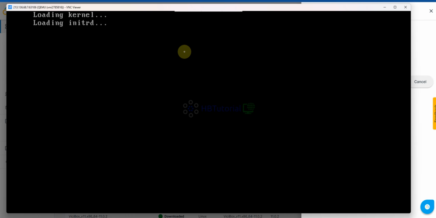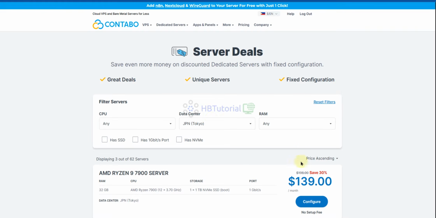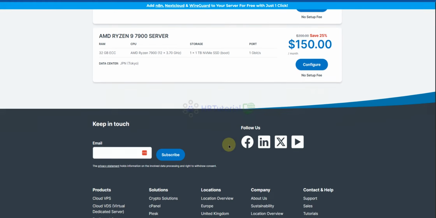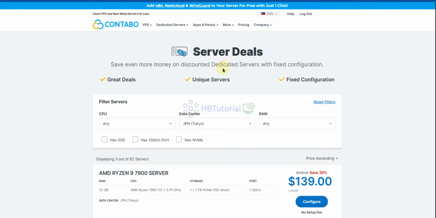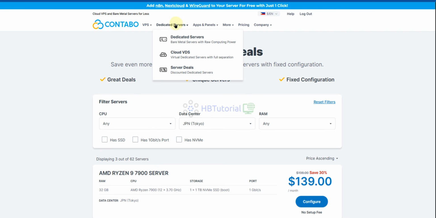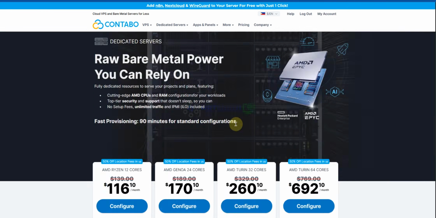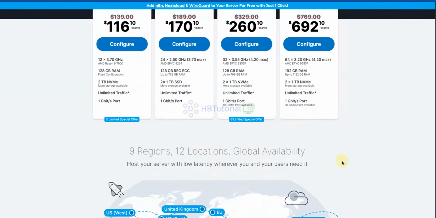For the VPS, you are able to mount an ISO. For the dedicated server, you can request them to add an ISO.